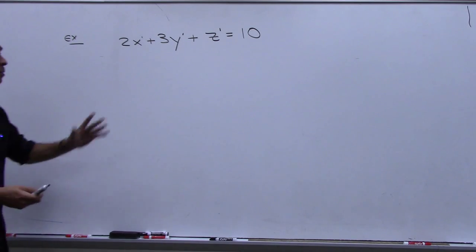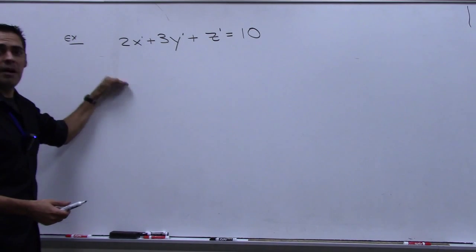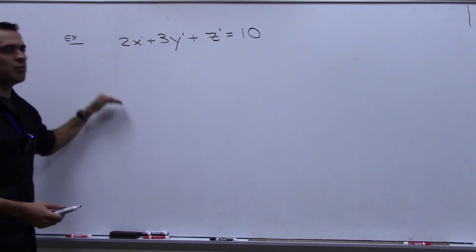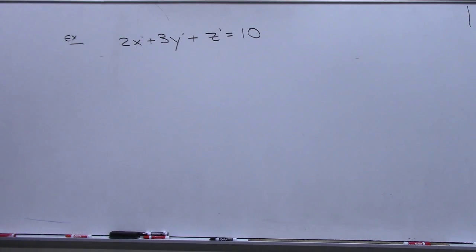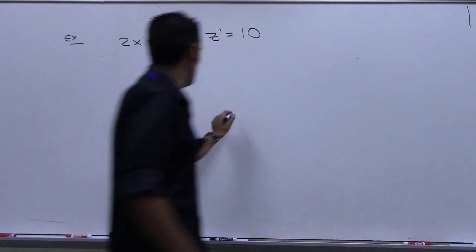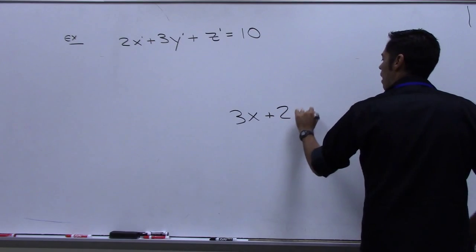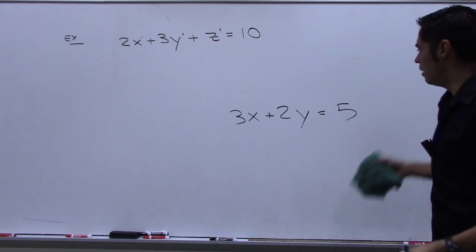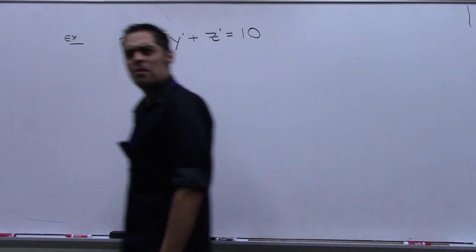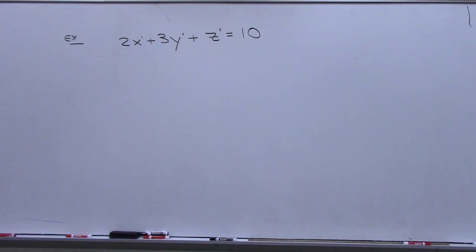Before I get to where we're headed, which is 3 equations with 3 variables, what does that look like? I mean, you told me just a second ago what 3x plus 2y equals 5 looks like. Nathan, you said that's a line, right? And we all agreed that that's a line? Have we ever dealt with z before? No. So